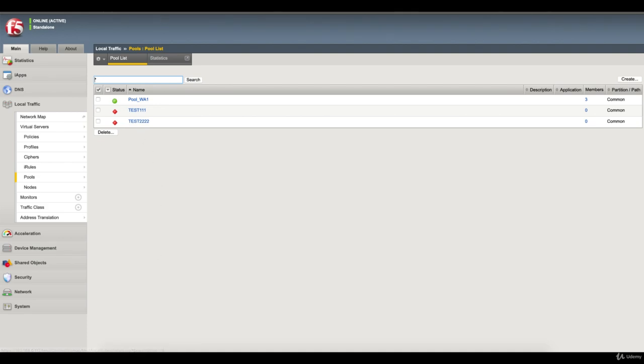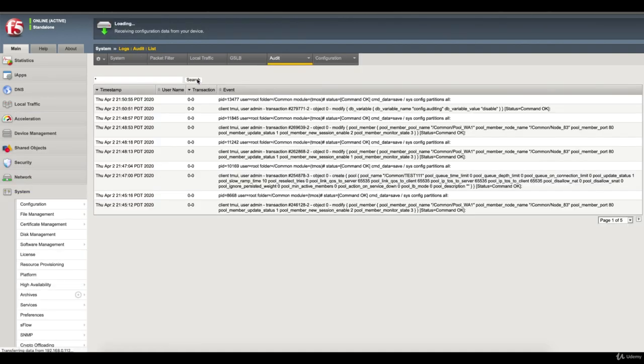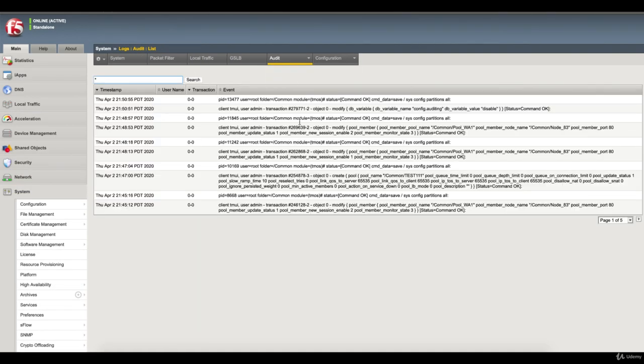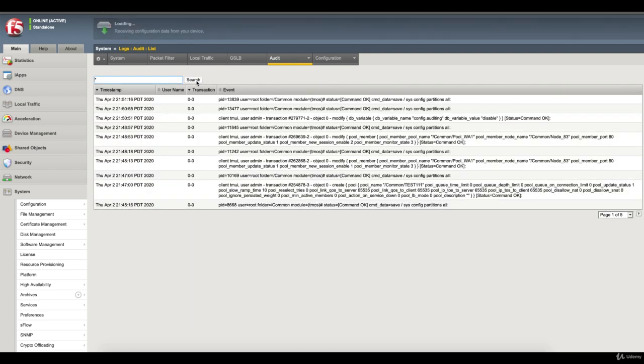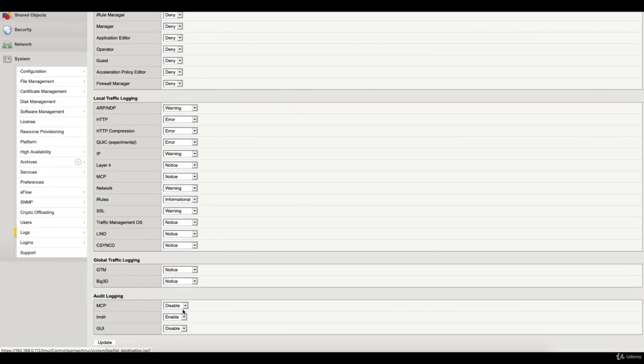So we have another pool. Any log message? No. Any log message? No. For the pool test 2222222, nothing. Let's go back and enable it again. So for MCP enable,